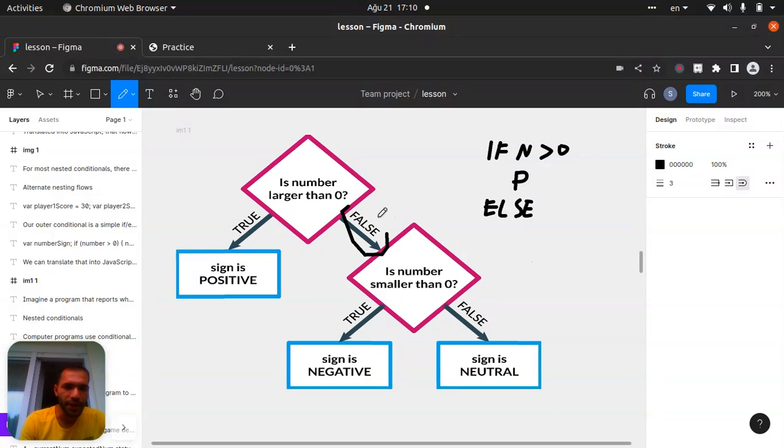The flow chart will continue from here, the false branch. We need to put inside the else